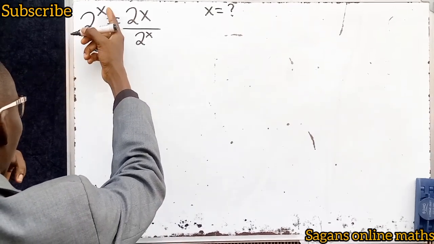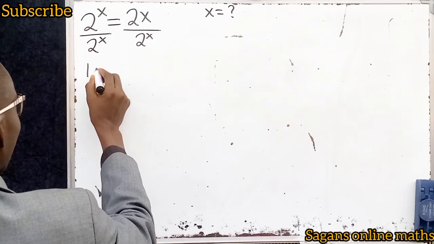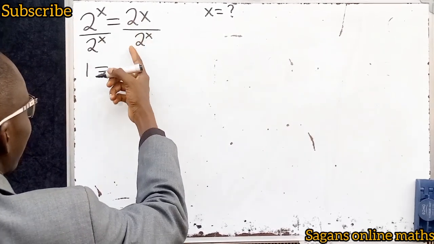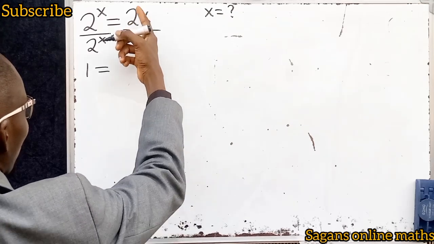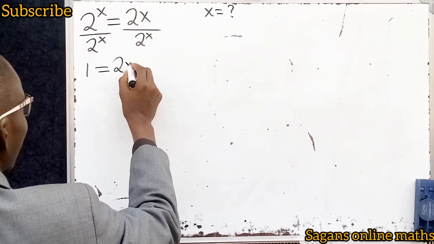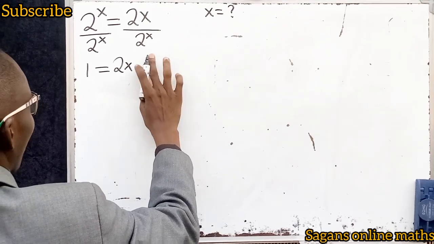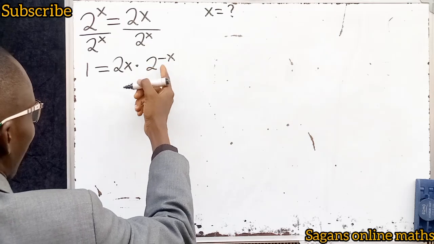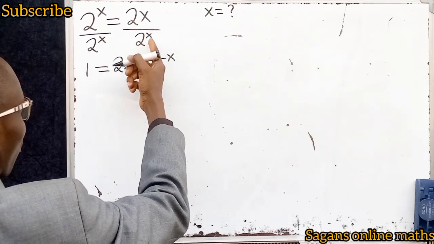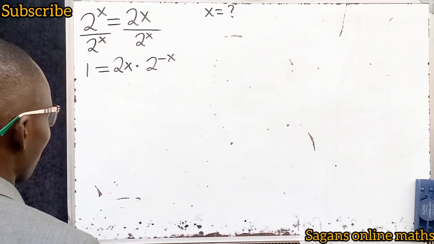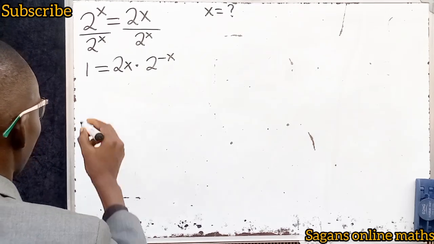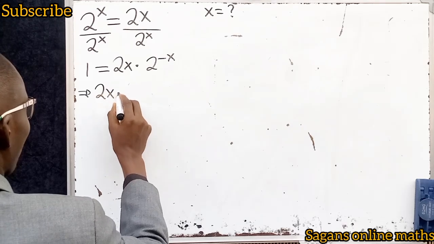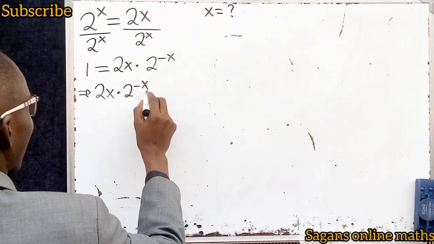Now 2 to the power of x divided by 2 to the power of x is 1, equals to. Now, by one of the properties of indices, we are going to do amazing things here. Do you know what? We can also write this as 2 multiplied by x multiplied by 2 raised to the power minus x. Because 2 raised to the power minus x is the same thing as 2x divided by 2 raised to the power of x. Okay? That's amazing. Now, this implies that 2 multiplied by x multiplied by 2 raised to the power of minus x is equal to